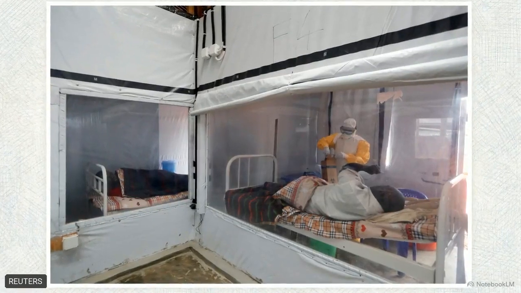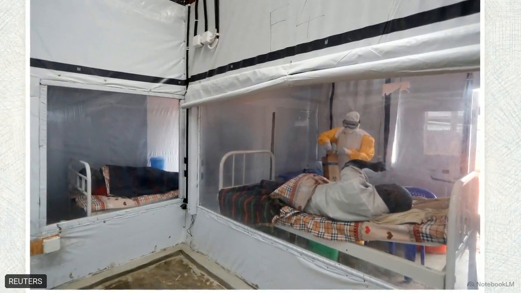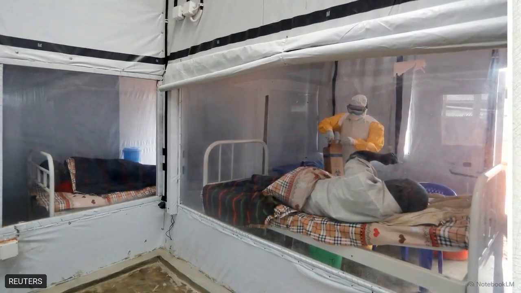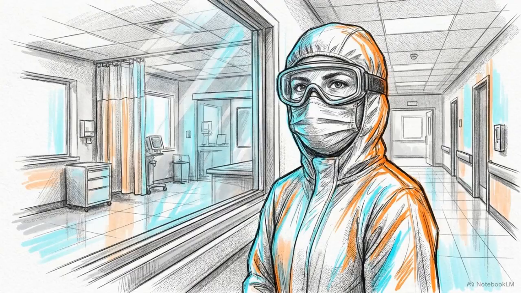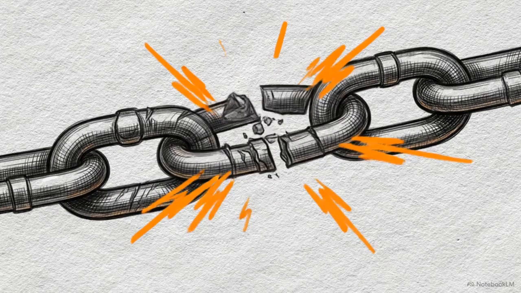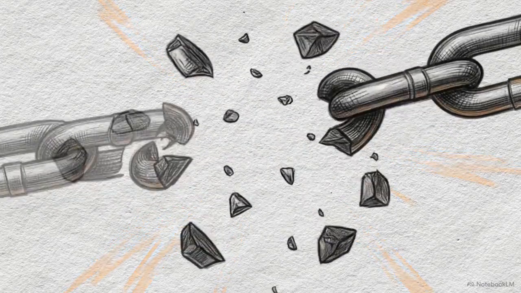Because the later stages of the disease involve massive fluid loss, the patient is highly contagious. Keeping them safely isolated behind physical barriers, as in this ward, ensures they get care without putting their families or doctors at risk. But here is the good news. Because we know exactly how the links are formed, we hold the power to break the chain.